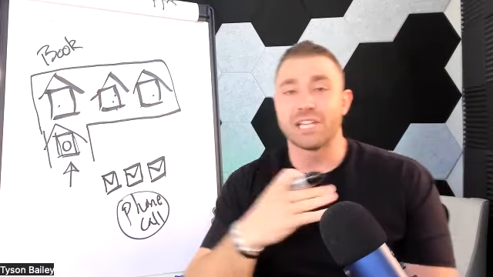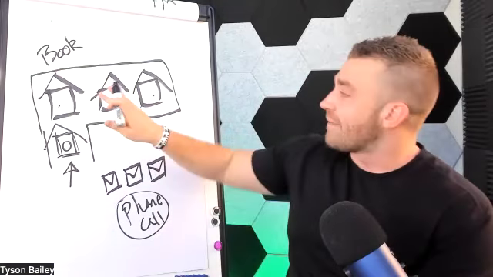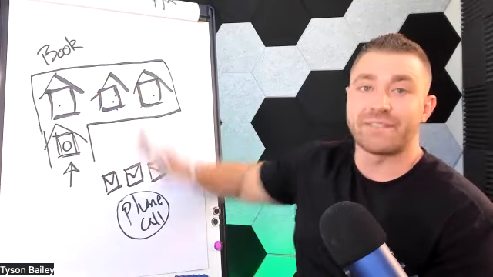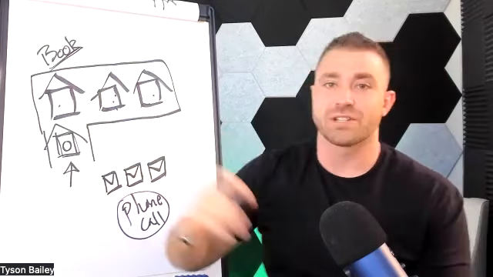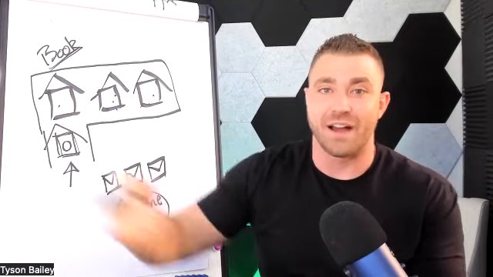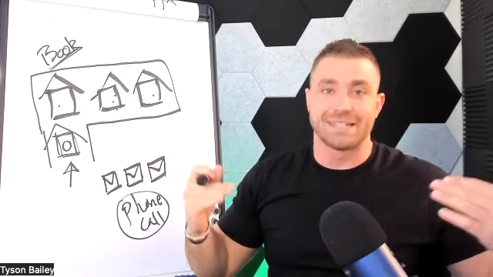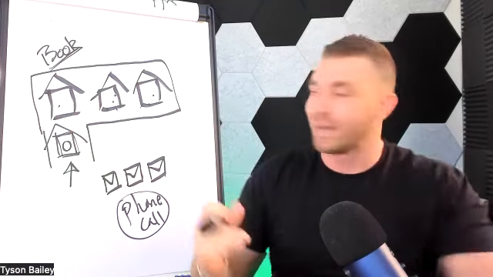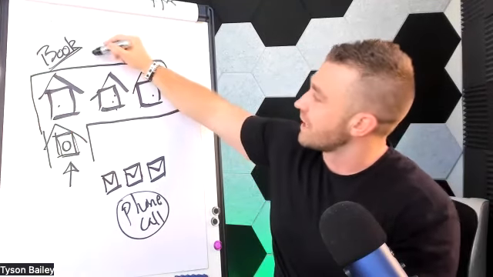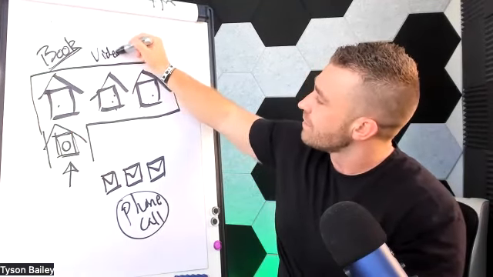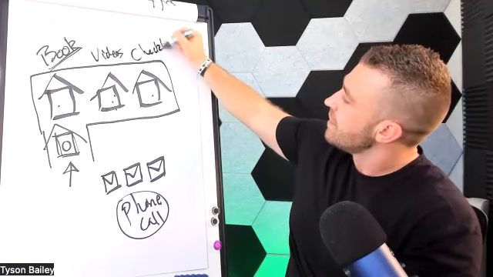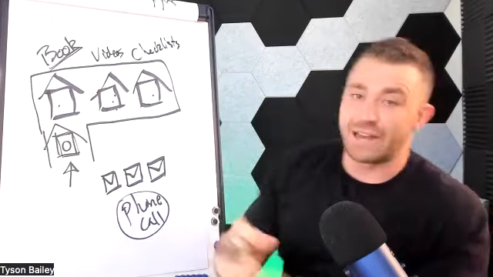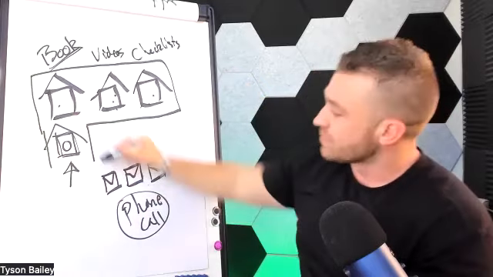So again, with each advisor that we work with, we have a minimum of 12 months of campaigns and nurturing sequences. So we're not just getting them access to the first offer and hoping that they're ready to take advantage of our services in that moment. We want to make sure that we are positioning videos. We want to make sure that we are positioning checklists. We want to make sure that we're positioning a number of different things along the way,